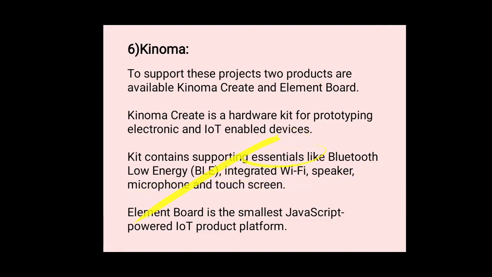And Element Board is the smallest JavaScript powered IoT product platform. Okay, Kinoma is a Marvell semiconductor hardware prototyping platform and it enables three different projects.